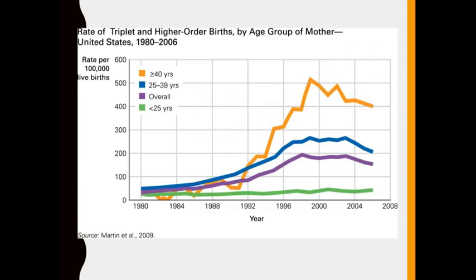I just thought I'd throw in here, since this is a lifespan development class, that one of the things we've been noticing over the past several decades, and my data stops in 2008, but really 2006, is that among people who are less than 25 years old, the rate of twins has not changed. It's stayed nice and steady. As people are aging, 25 to 39, we're starting to see higher rates of twins, and especially in women over the age of 40. Actually, what we're seeing is a huge spike in the number of women over 40 having